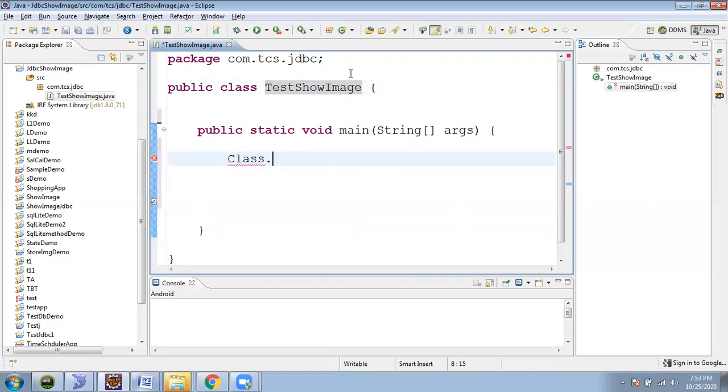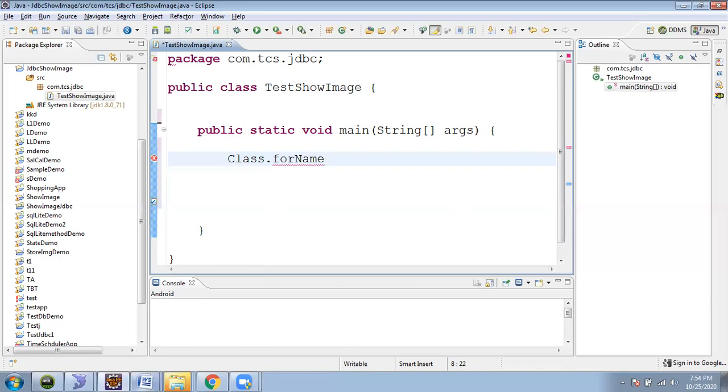Then after Class we have the dot, which is an access symbol. Then after that we will use one method. This is forName, and you are already aware of the meaning of forName. forName is basically a method which is used to load the driver. The entire code used to load the driver is already written inside this forName method.